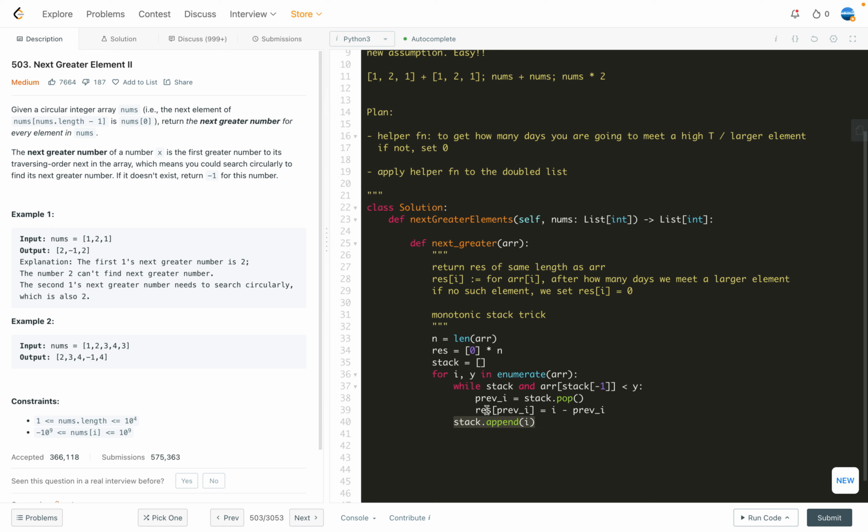The reason you can check is for i equals 0, the stack is empty, so you didn't enter this while loop at all. So you need to push index 0 to the stack. After this for loop, you are going to return the result. So this is essentially problem